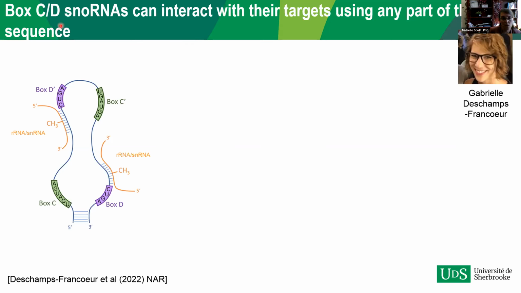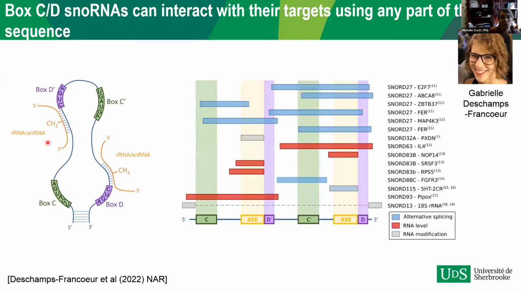She was working on box C/D snoRNAs because those are the snoRNAs that are most characterized as involved in non-canonical functions. So she started by obtaining the list of all the canonical targets of box C/D snoRNAs in ribosomal RNA and snRNA. This is very easy to do because there are good databases that provide this information. She also curated the literature to obtain the information about all snoRNAs that have been experimentally validated as carrying out non-canonical functions, regulating gene expression of specific, mostly messenger RNAs. And that's what we're looking at here.